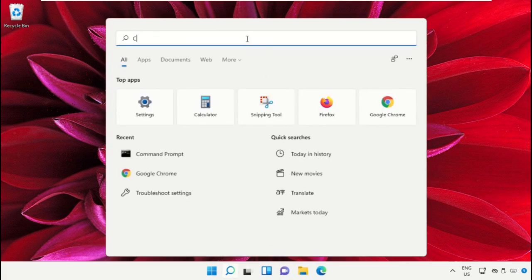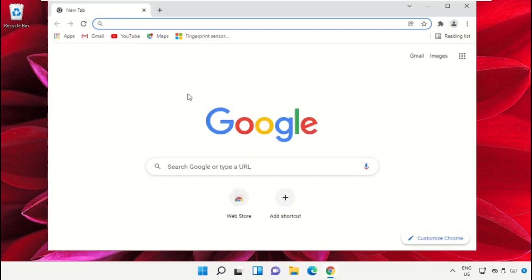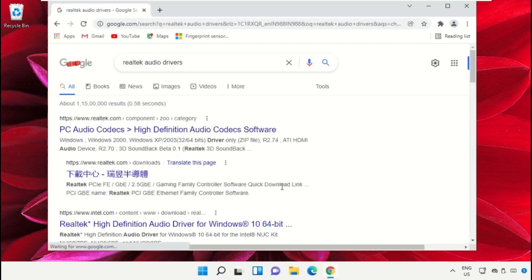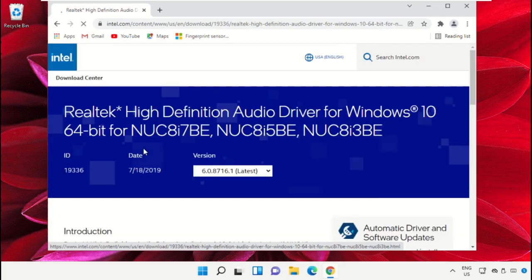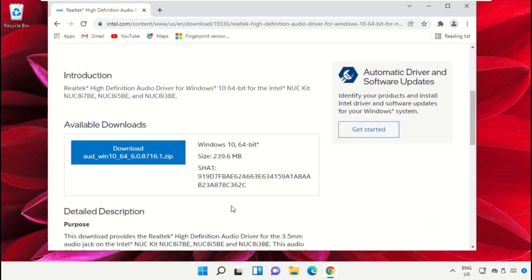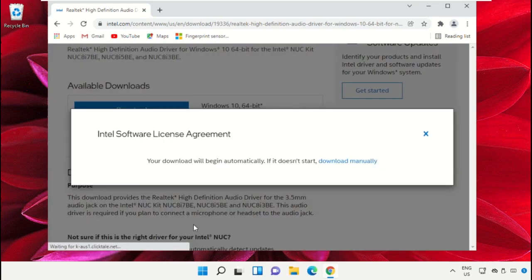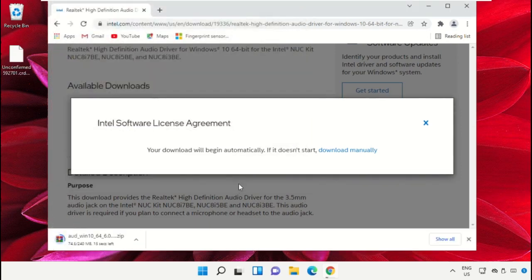Again go to search bar and type here Chrome. You need to open Google Chrome web browser. Then in the search bar, type Realtek audio drivers and click on this link from intel.com. Now select the latest version, scroll down and click on the download, select path,